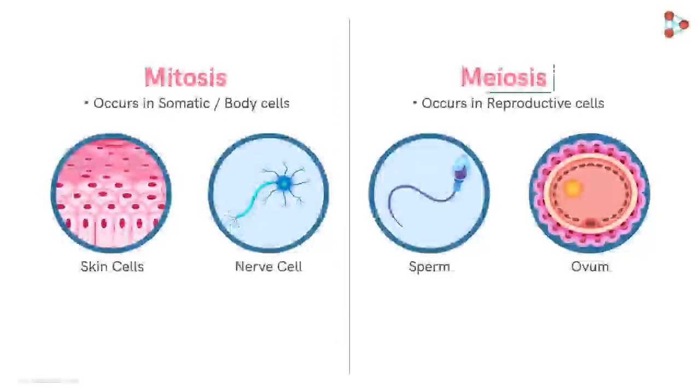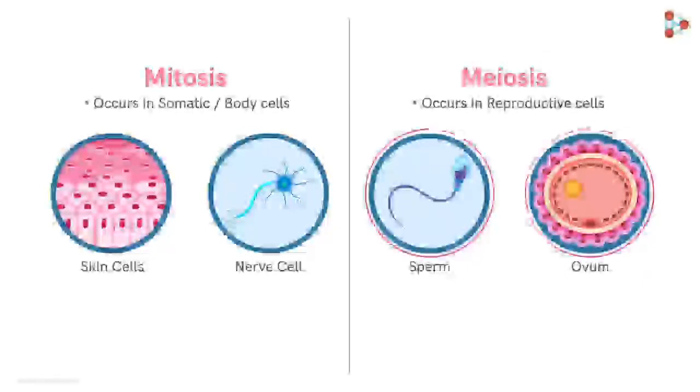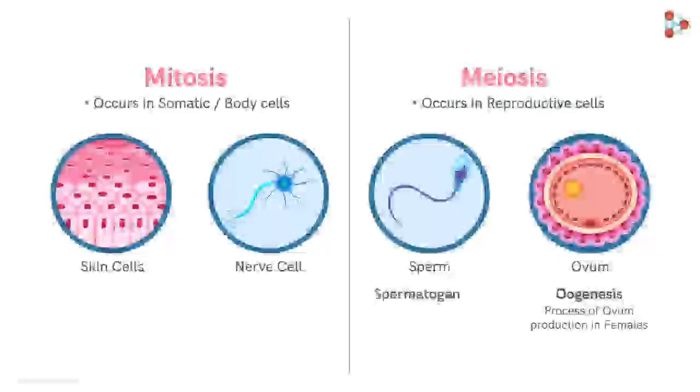On the other hand, meiosis occurs in males and females, giving rise to haploid sperm and egg cells respectively. The process of meiosis, however, has different names in both the sexes. Yes, due to the different cells produced as an end result, meiosis is also referred to as oogenesis, that is the process of ovum production in females, and spermatogenesis, that is the sperm production process in males.